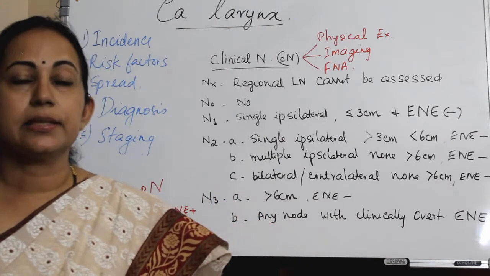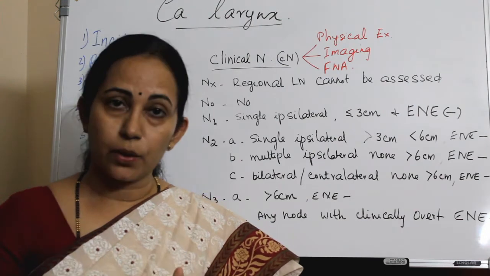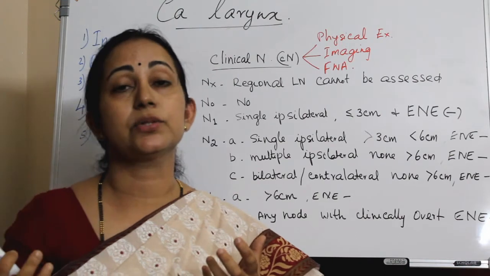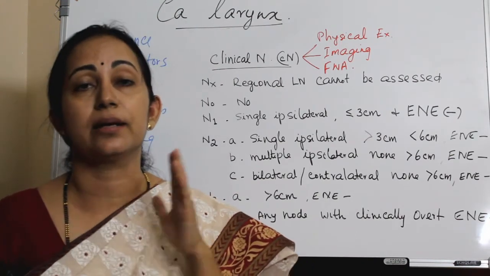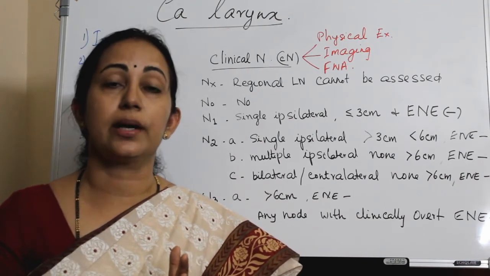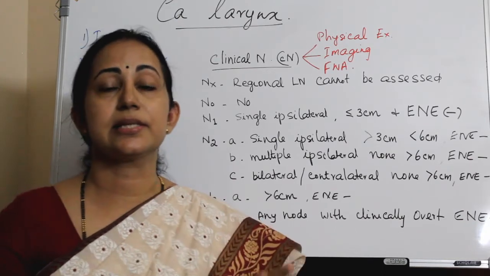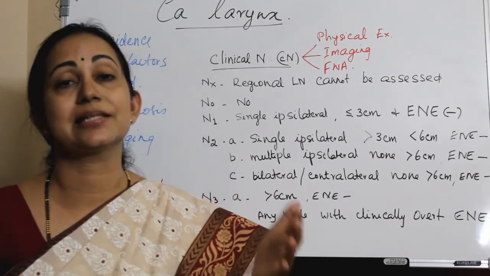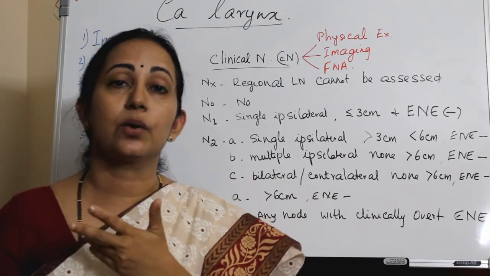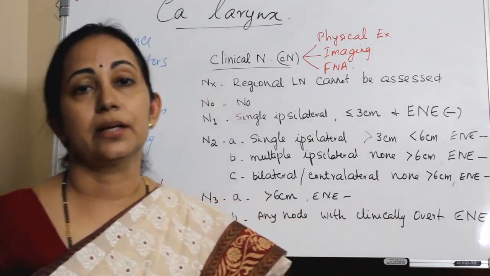The N staging depends upon the presence of lymph node metastasis, whether ipsilateral or contralateral. Ipsilateral means on the same side, contralateral means on the opposite side, and the midline lymph nodes are taken as ipsilateral lymph nodes. Then single or multiple, and also the size. 3 cm and 6 cm are taken as standard sizes, less than 3 and more than 6. So the number, then ipsilateral or contralateral, then the size, and also in recent textbooks